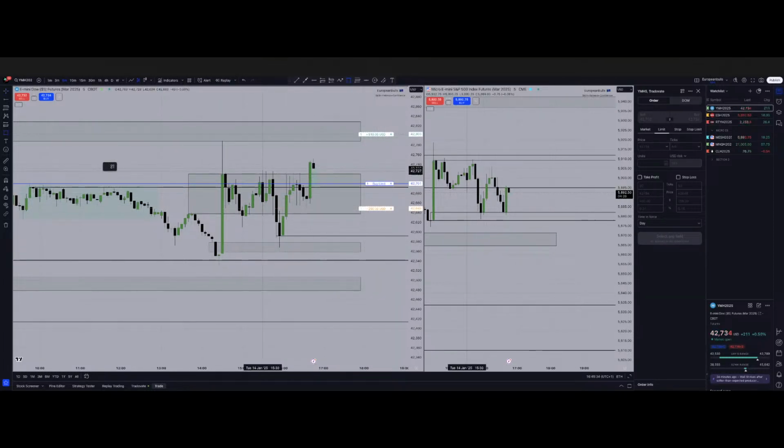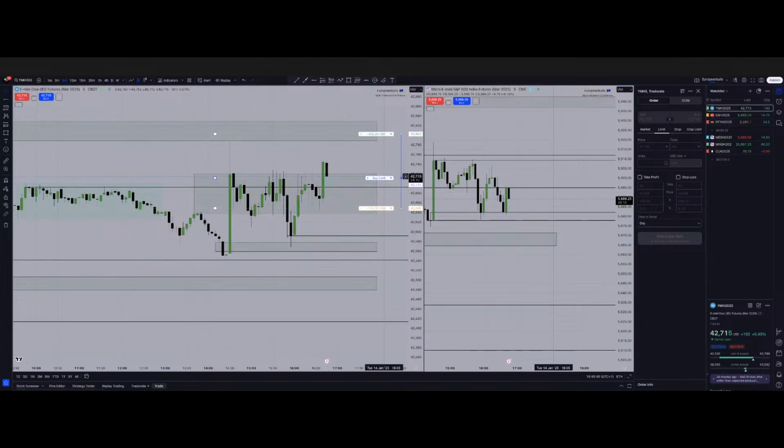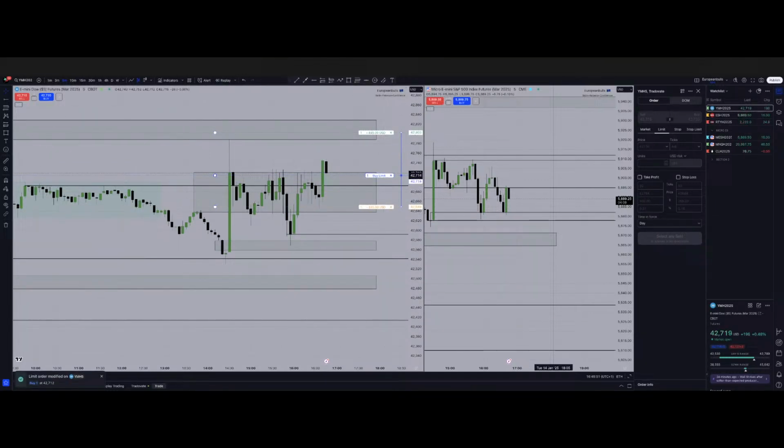Price here can work as well. If you buy at this level, if you have a wide range for your stops, it could work here as well. But since the price is coming, I'm going to try to enter already. Oops, dude. Yep. So let's see. I executed a bit high up, but it's okay. I'll wait for the price